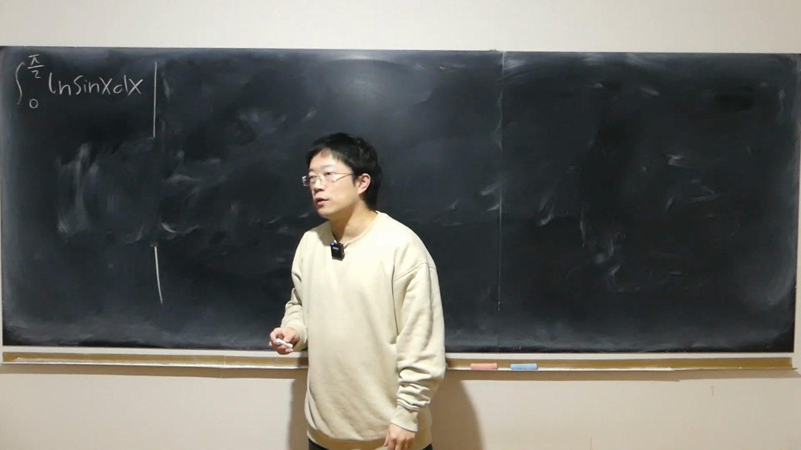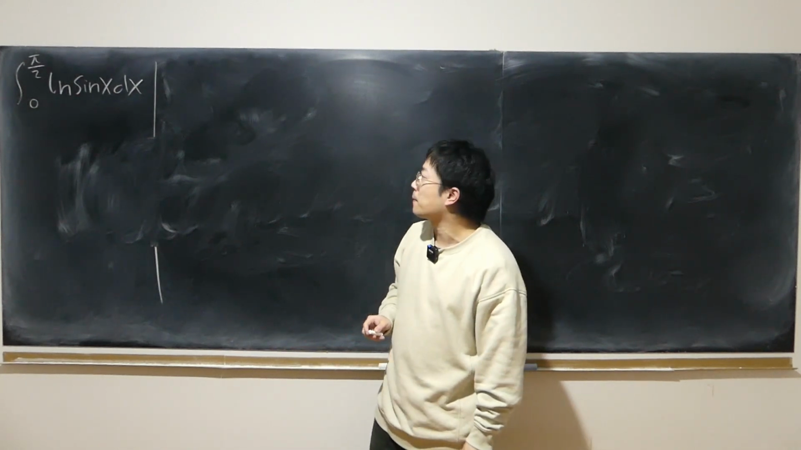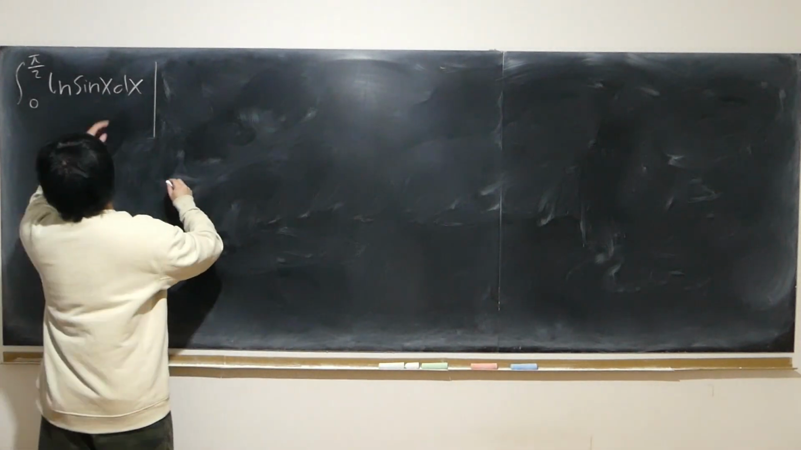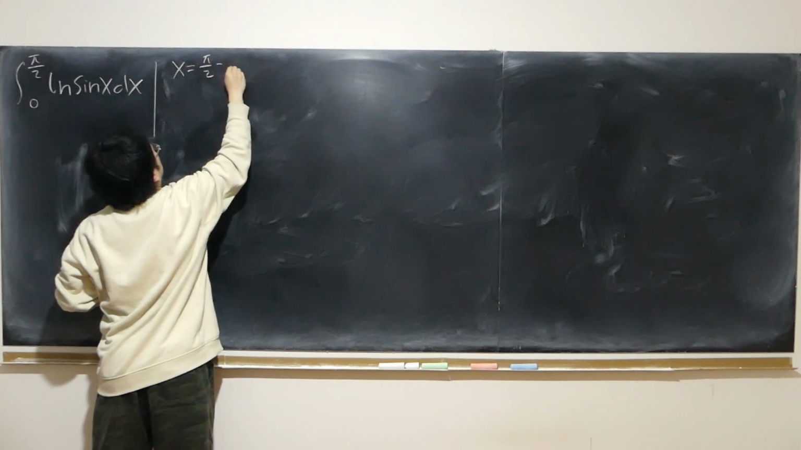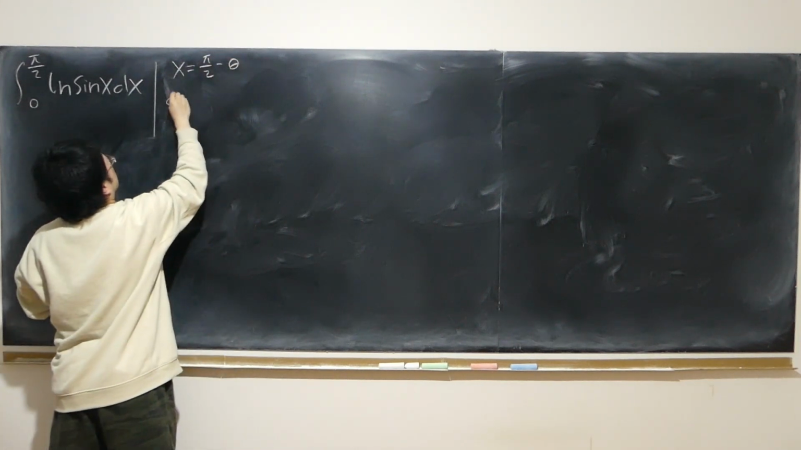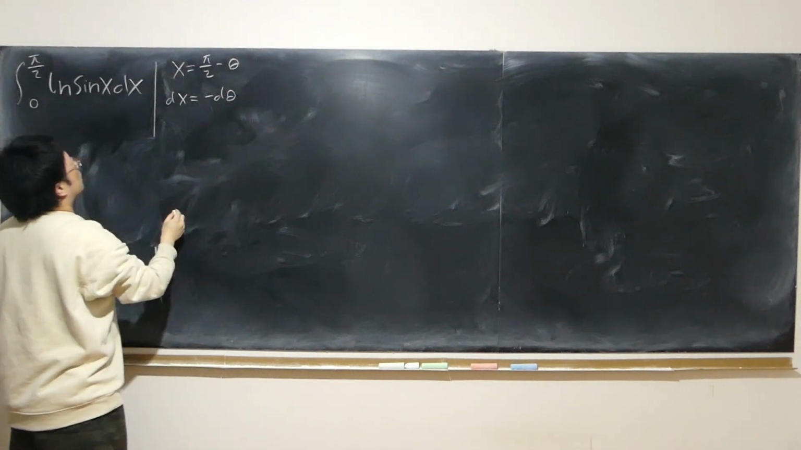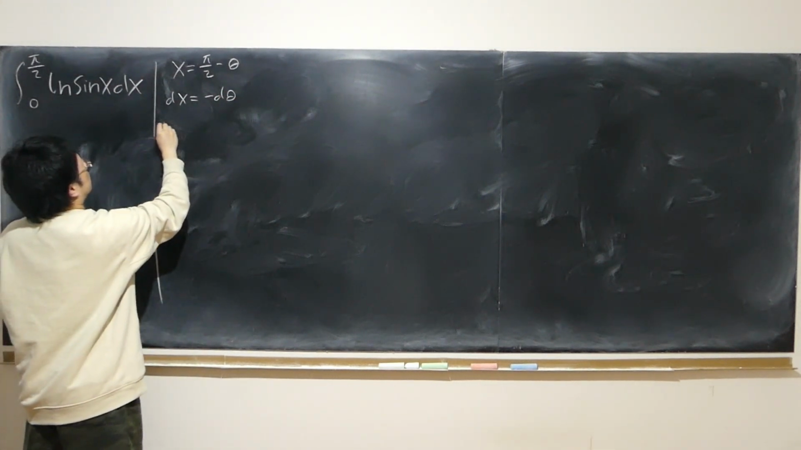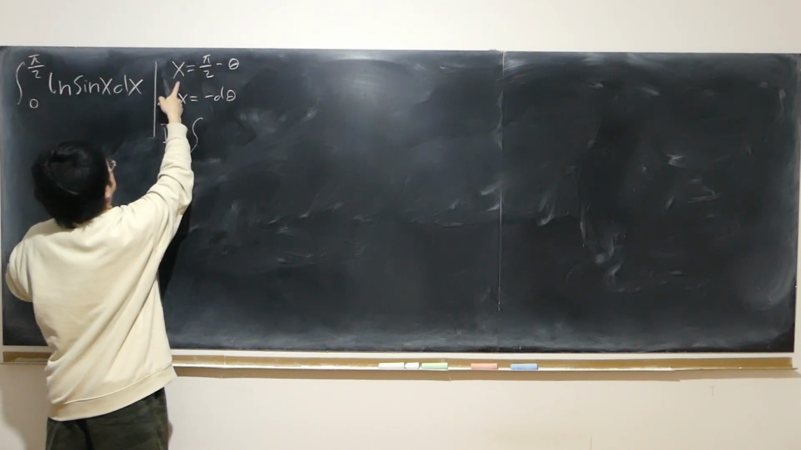Let's solve this definite integral from 0 to half pi, log of sine x dx. First, I can let x equal to half pi minus theta. Right. Dx becomes negative d theta. Also change the boundaries. So the integral now is just when x is equal to 0,